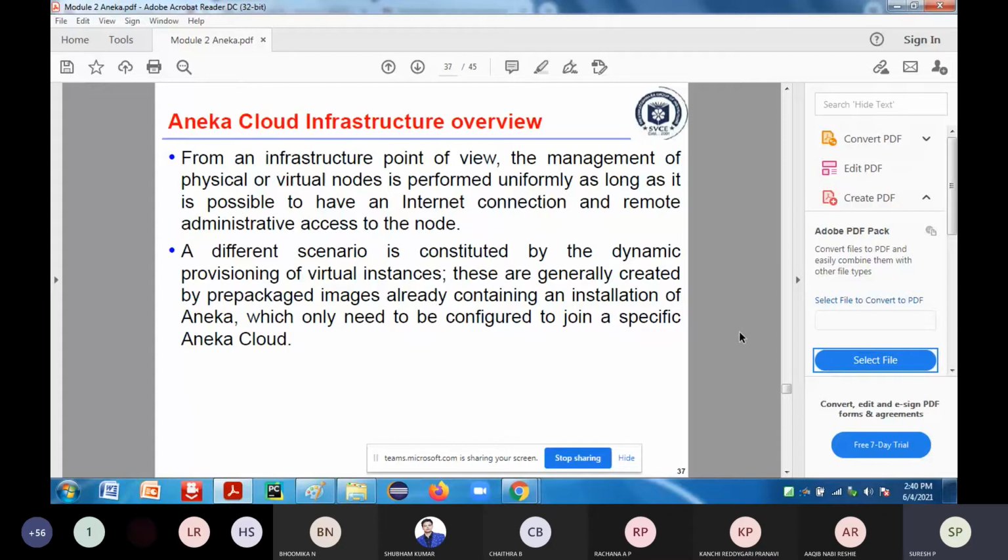Okay, you can take that as an assignment, and when you are home, when you are free, you can download that one and use it. And you can see how to create the master node, how to create the slave node, node manager, how to create the bus master, and these things you should know. So the master node, slave node: how to create them, how to interact with the master node and the slave node. You just download it and see how this particular Aneka is configured. Only when you do it in a practical way do you come to know exactly how the cloud works. If you don't do it in a practical way, it will become difficult for you to understand what cloud is all about.